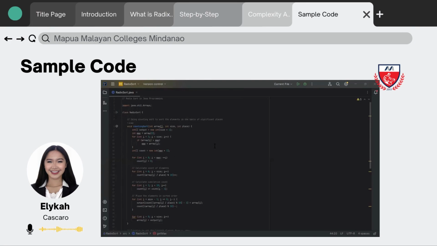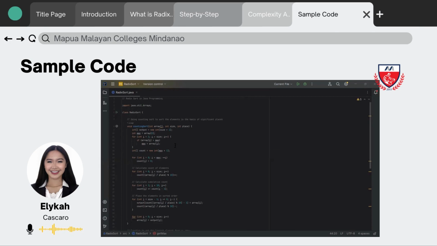Here's the sample code for the radix sort algorithm in Java. First, we need to define the necessary Java library, of course, and define the radix sort class. Here in the first part, the counting sort part, we are using counting sort to sort elements based on their significant places. Next, we are finding the maximum element in the array,